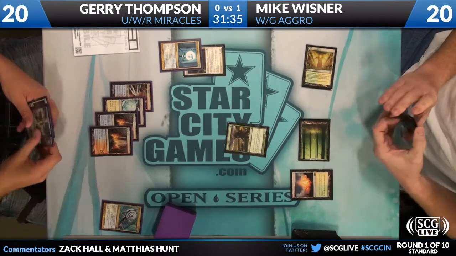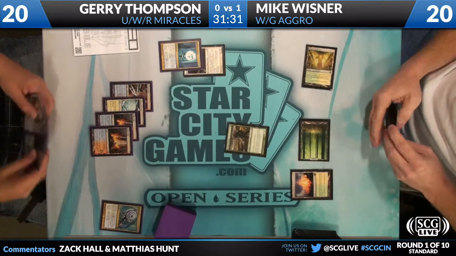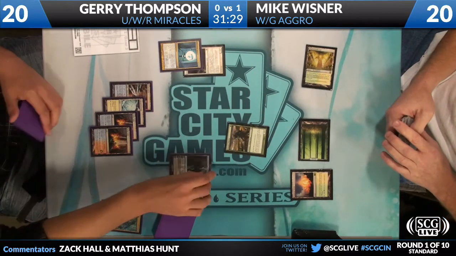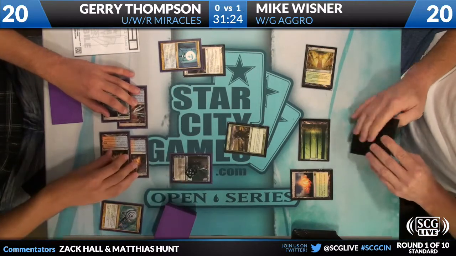Right. And wow, he draws a Tamiyo too, so he'll be able to go 4 or 5 Planeswalker here. Right, Tamiyo, Jace, and then his last card is a Wrath. Wow. I think great situation for Jace. All right, Jace is gonna plus, so we have